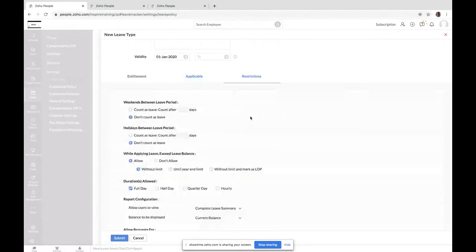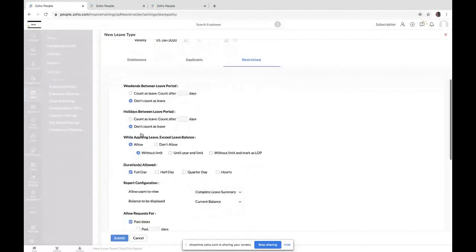Going to the restrictions part. We do have a certain set of restrictions which can be defined for a respective leave type. You might be aware of the sandwich leave policy, where the weekends or holidays should be included or excluded as leave based on the days that they are going to apply.